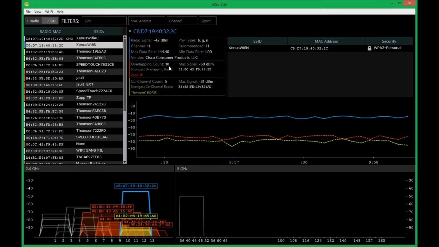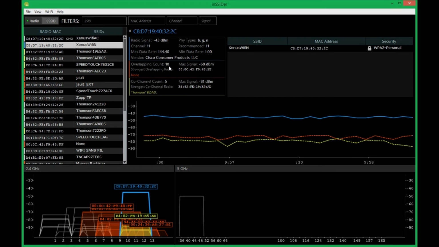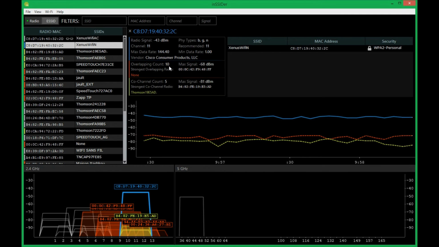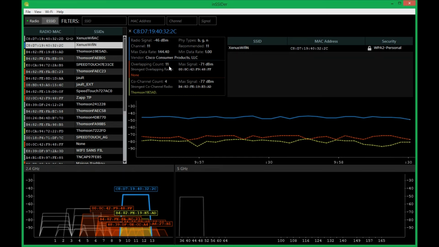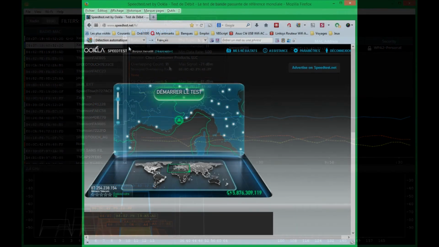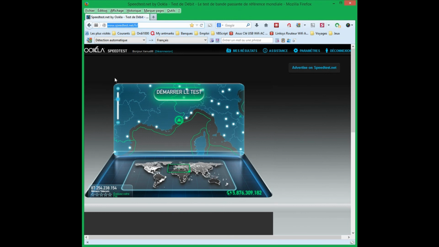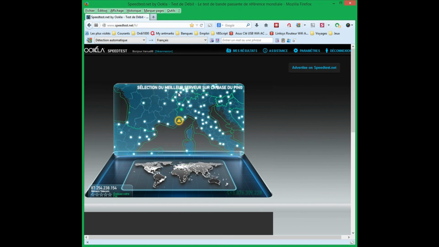In theory, I should be on channel 1 because I would get a lower overlapping count. But I did test it and it's not so good for me. So what you have to know is that sometimes the theory is not as good as the test. You don't get the same results. The real thing is to test each channel separately, and you can do that using the